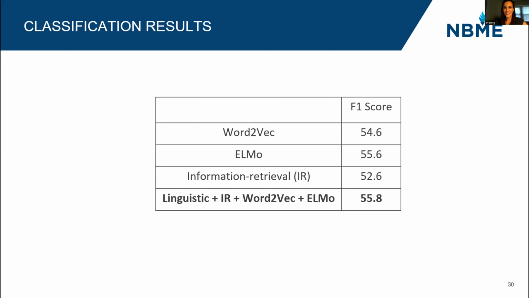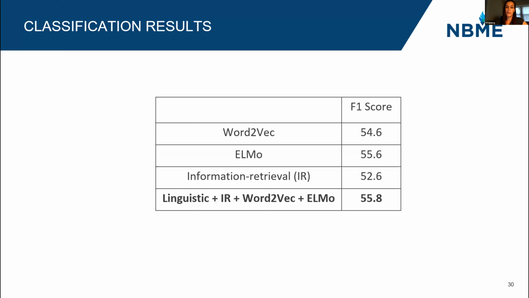And as you can see, our best prediction is F-score of 55.8, which is highly statistically significant given the large sample size that we have compared to the baselines. But in terms of practical significance, we are still a long way from saying that we are able to predict item survival. The best prediction was achieved using the combination of all features, and we did test many different interim combinations of features, which suggests that there are different kinds of signal that they bring.